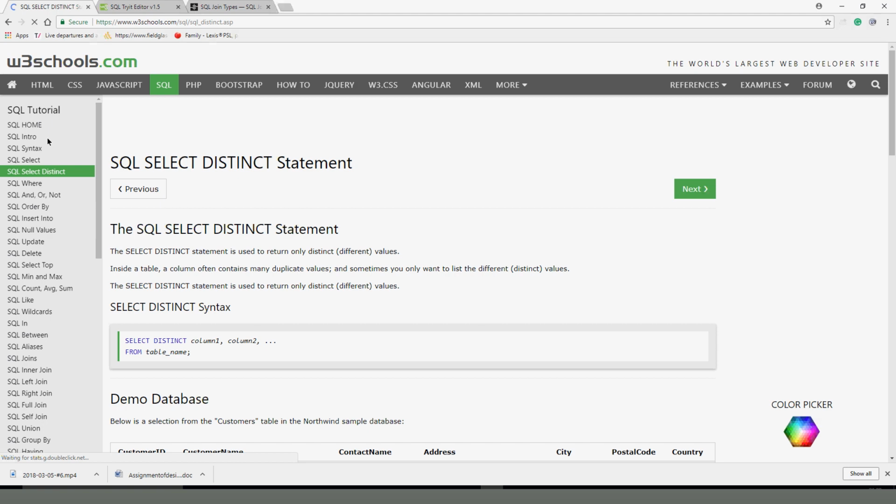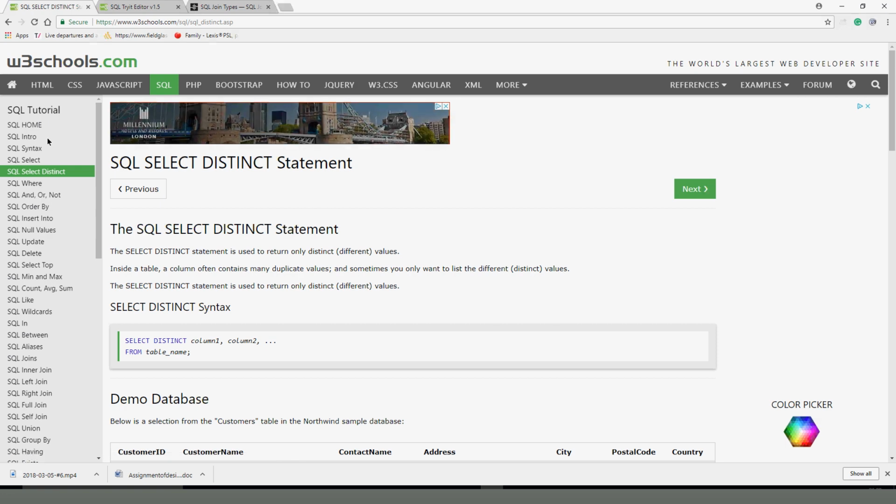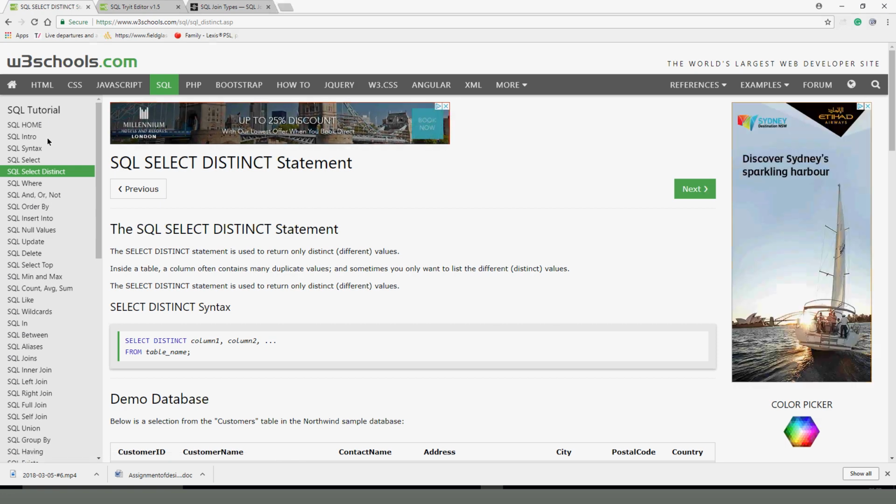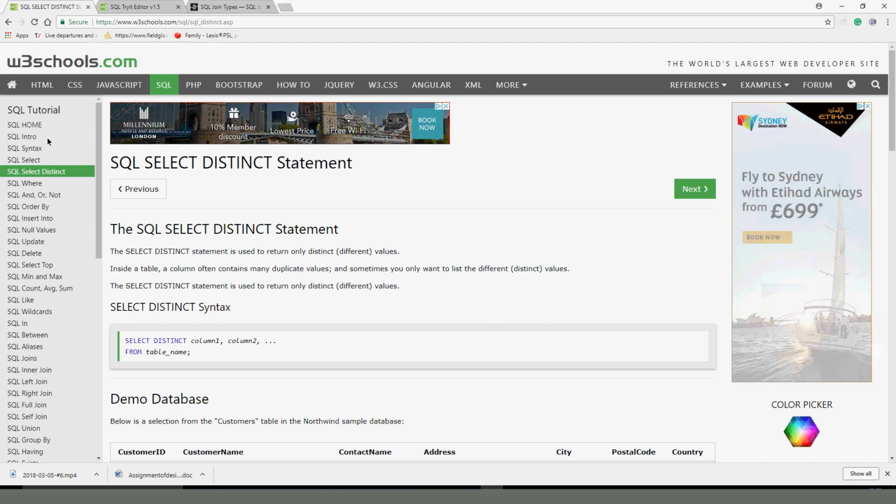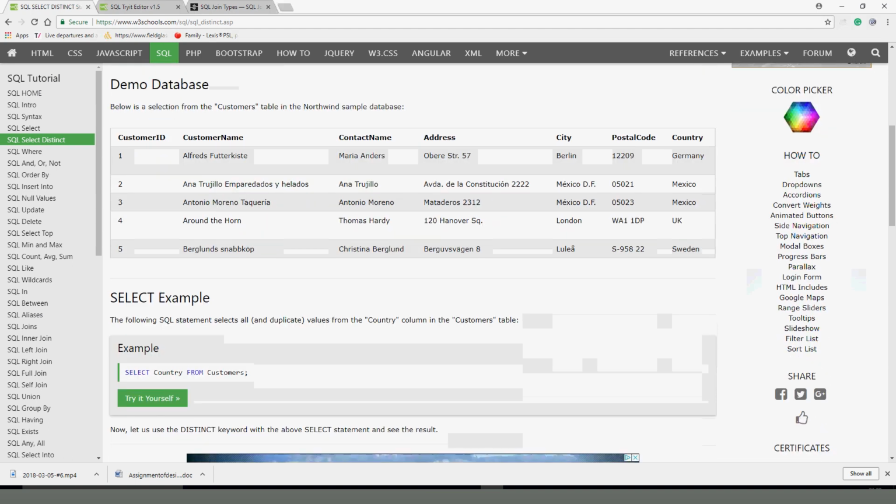I want distinct columns, because it's possible in some instances that what you are getting are duplicates, but you don't want duplicates, you want distinct results. So for you to bring a distinct result and to remove duplicates, you need to use select distinct. So what that does for you in essence is like, for